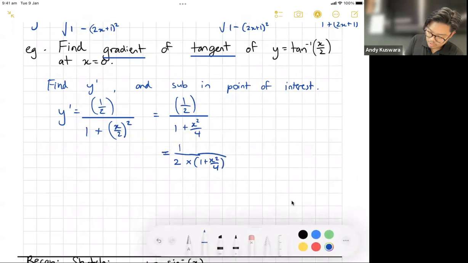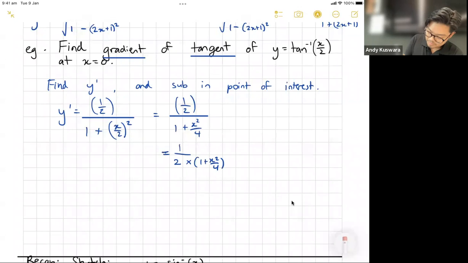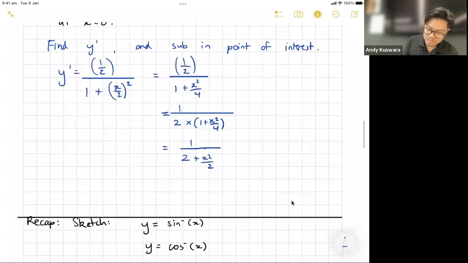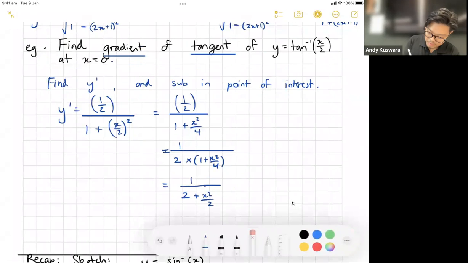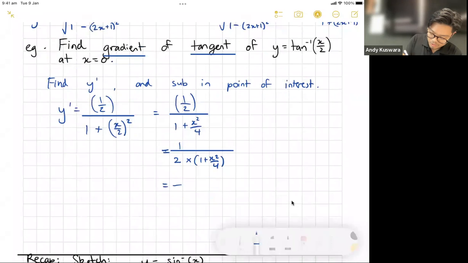That was a horrible line, but you get the point. I'd be happy to leave it like that. All right, you can clean it up a little bit more. 1 over 2 plus x squared on 2. Is there too many fractions? Maybe I should clean this up a little bit. I should, shouldn't I? Okay, 1 on 2 multiplied by 1 on,